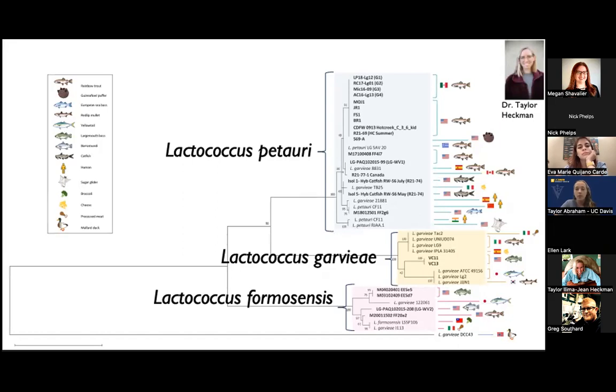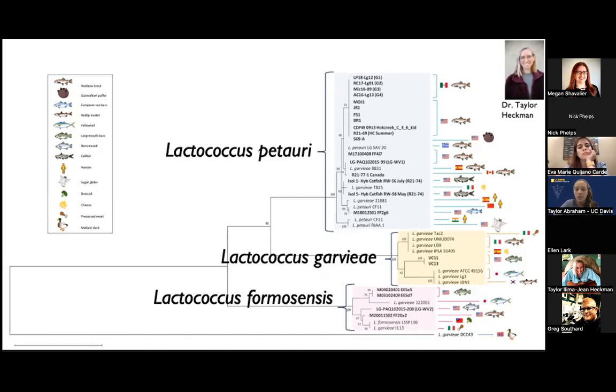Historically, the strains that were identified as L. garviae through biochemical and molecular testing are now found to have been re-identified as L. petuari or L. formosensis from L. garviae, as seen through this phylogenetic tree. So this recent reclassification demonstrates the need to further understanding of the Lactococcus genus, as most of the L. garviae strains are now being re-identified as either of these 2 species, and there still does exist a possibility of